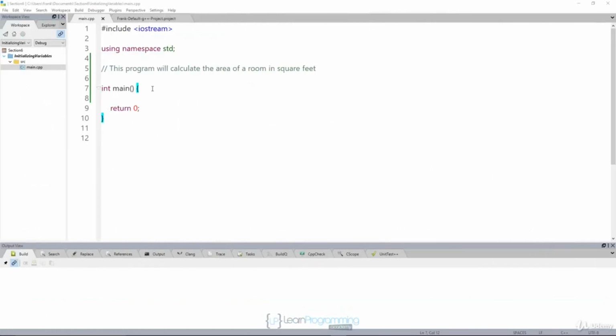Okay, so now I'm in CodeLite, and let's write a real simple program that calculates the area of a room in square feet. So the idea is we'll ask the user for the length of the room and the width of the room, and then we'll multiply those two together to calculate the square footage of the room, the area of the room. Okay, now obviously we need two variables, but before we do that, let me show you one